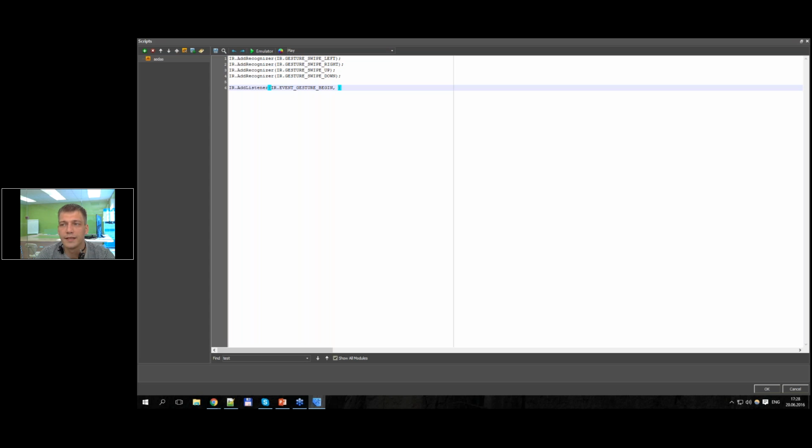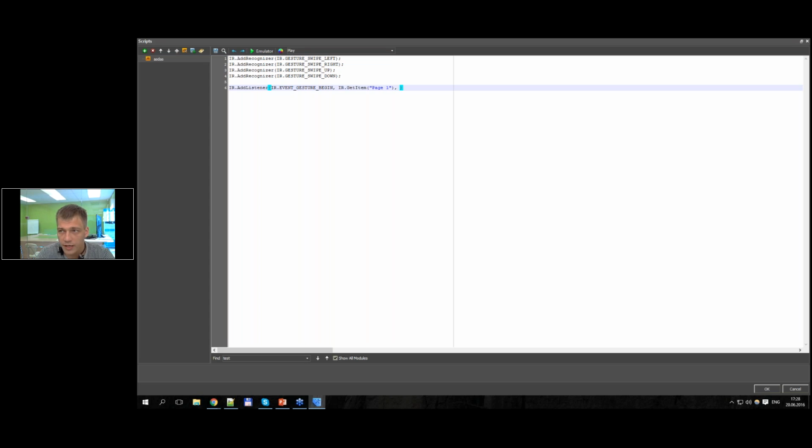Then I should write the reference to my item. In this case, the item is a page. And if I want to use gestures only on one page, I should write getItem and the name of my